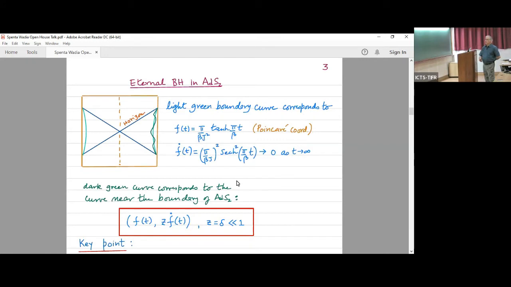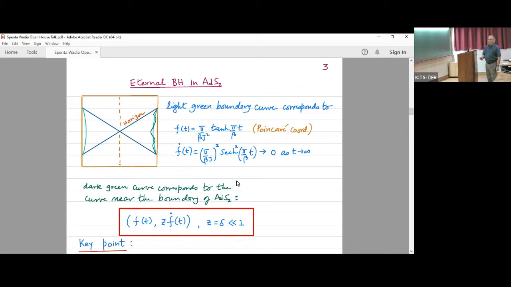All right. This is the picture. So this is a picture of our space-time, this is AdS2 in some global coordinates, which I have not mentioned, just hidden them. And once again, this is our famous function, which describes the black hole in Rindler coordinates. Okay, that's important. And if you look at f dot, which is the central object of our interest in this investigation, it goes to 0 as t goes to infinity,